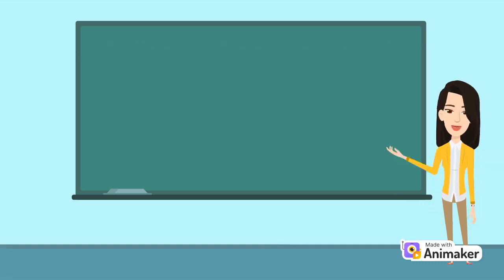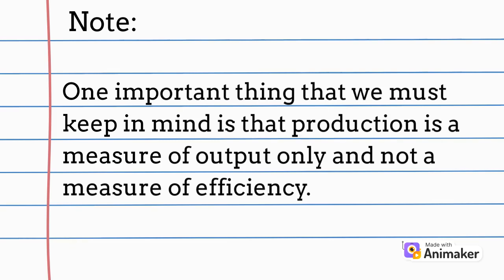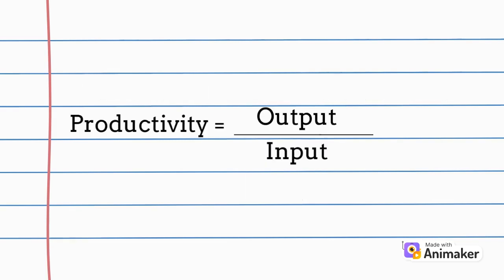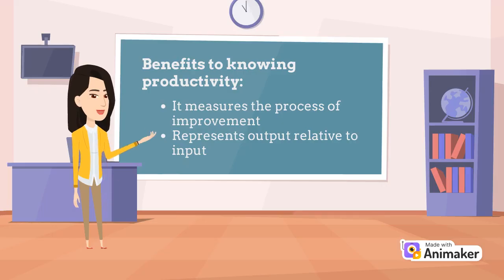evaluate for quality. One important thing that we must keep in mind is that production is a measure of output only and not a measure of efficiency. To count the productivity, you have to divide the output produced with the input used. There are two benefits to knowing the productivity because first, it measures the process of improvement, and second, it represents output relative to input. We should also bear in mind that our standard of living can improve only through productivity